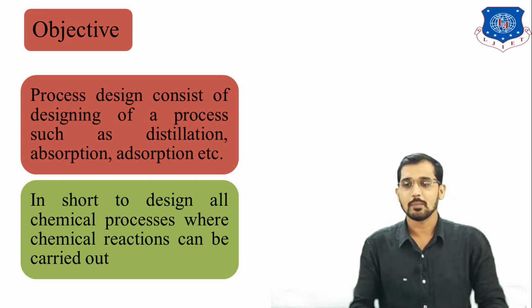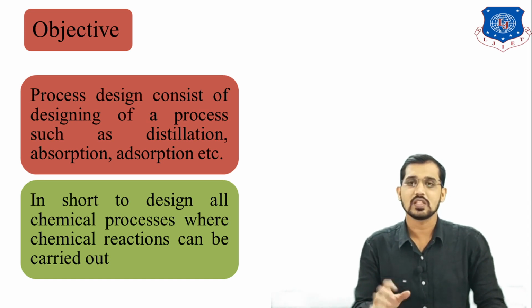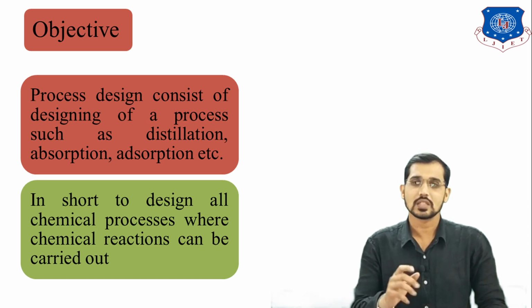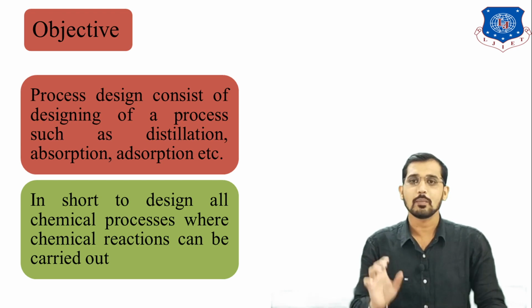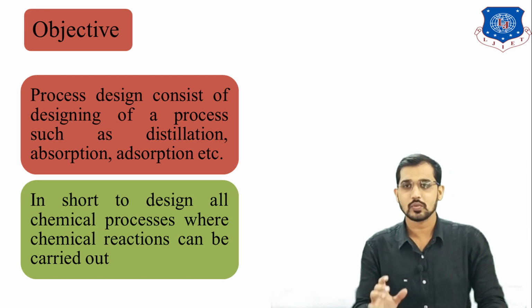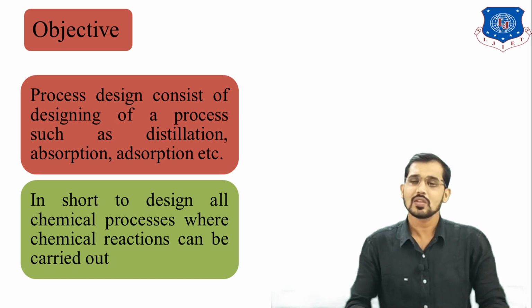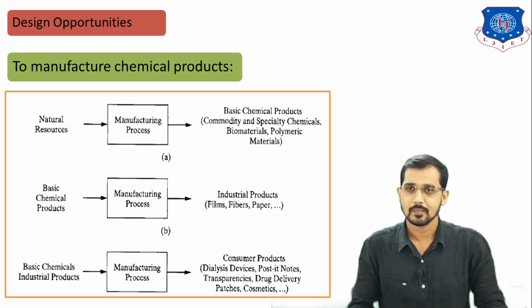Second one is absorption and adsorption. Both these terms are different. Absorption is a bulk phenomenon and adsorption is a surface phenomenon. Absorbate and absorbent are involved in absorption; adsorbate and adsorbent are involved in adsorption. In absorption, we can use this process to separate a gaseous mixture. If you want to remove one of the components from the gaseous mixture by using a liquid stream, we can use this concept. So to design all these processes, we can use this product process design concept.